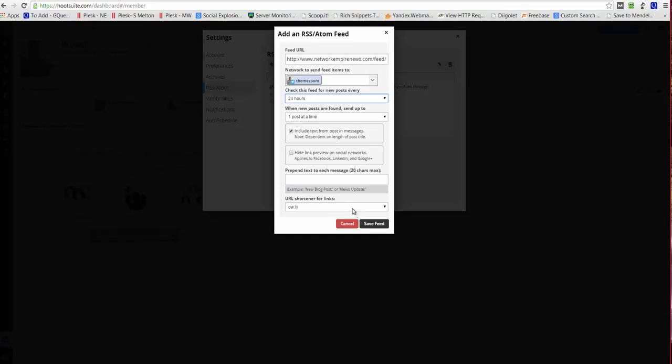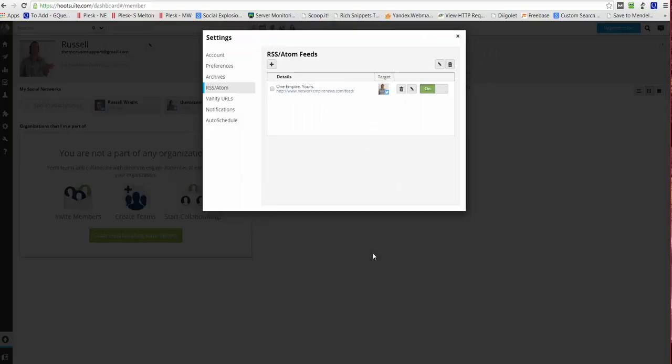And then go ahead and save that feed. You can prepend. We're going to not do that right now. It's going to pull a little excerpt or snippet. Include text from post in the message. Click Save Feed. And boom. Just so you guys understand how powerful this actually is, what's going to happen is that